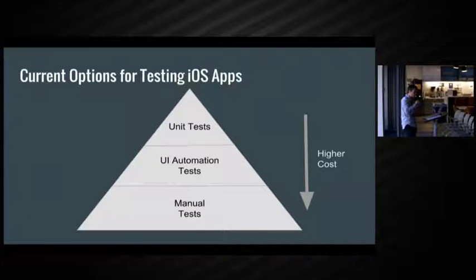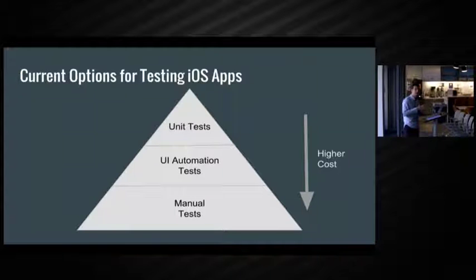The other option is black box testing. These tend to run separately from the application process and access the application using accessibility identifiers, and they can manipulate views, do swipes, touch buttons, stuff like that. The advantage of them is they're often cross-platform. You can run the same tests on Android and iOS, and because of this, they're often written in a non-Apple language, such as JavaScript.